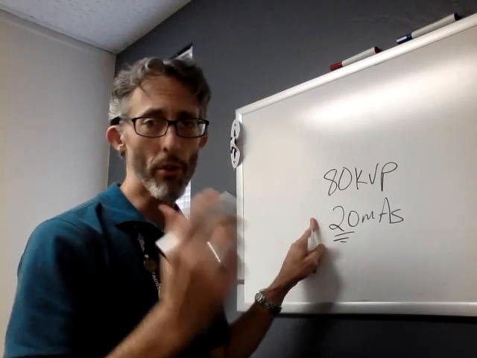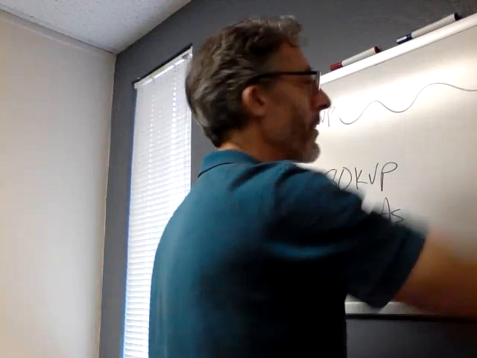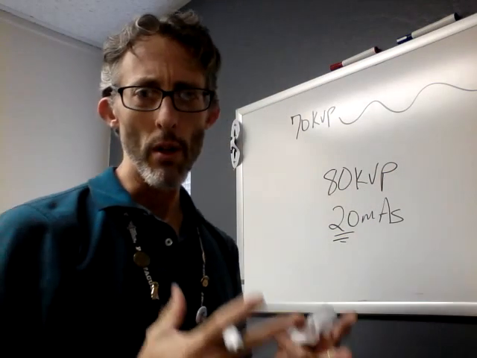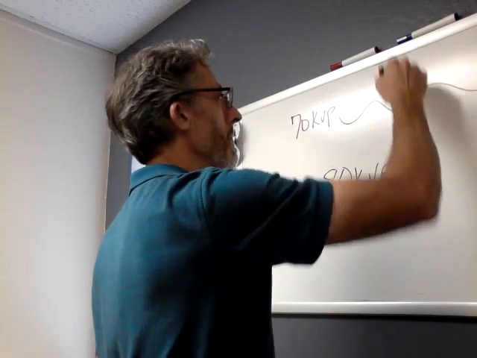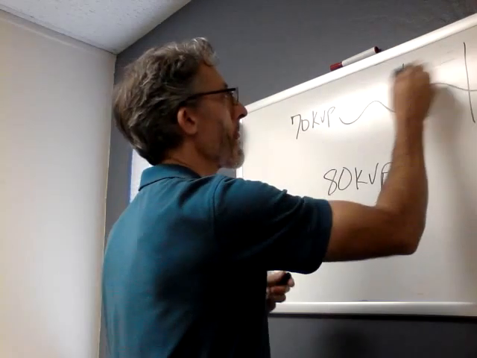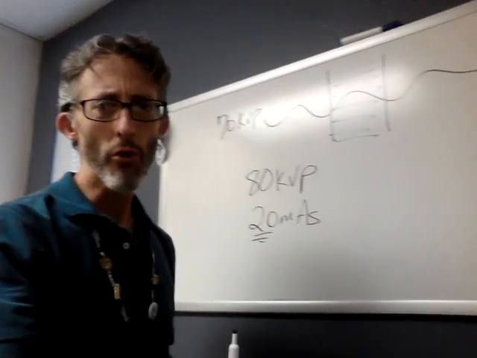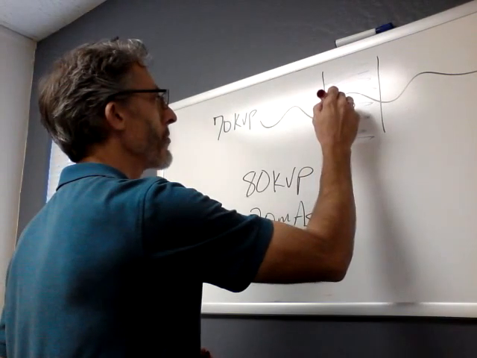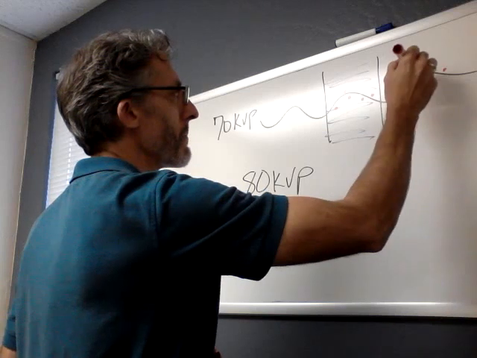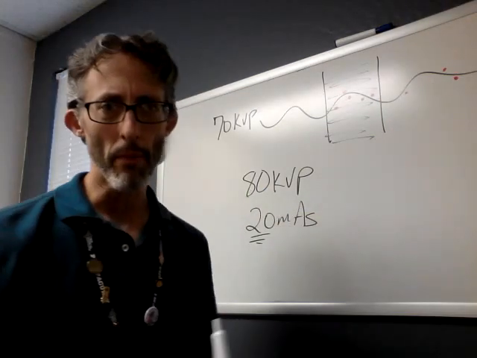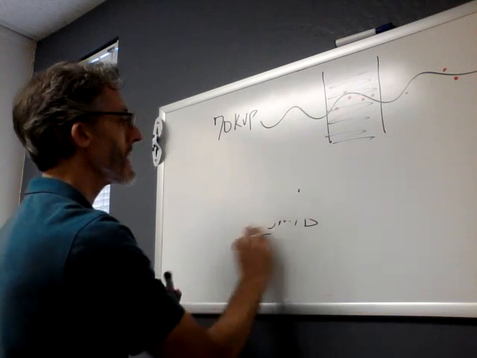Why is this? Well, the first one we did at 70 kVp had a certain amount of energy that drove those photons through the patient's tissues. Some of them got absorbed along the way. Let's just make this our patient right here. So, as that X-ray photon traversed through the patient, some of those photons got absorbed in the patient's body, and then some of them made it out the other side to strike the image receptor. When we increase our kVp to 80 kVp,